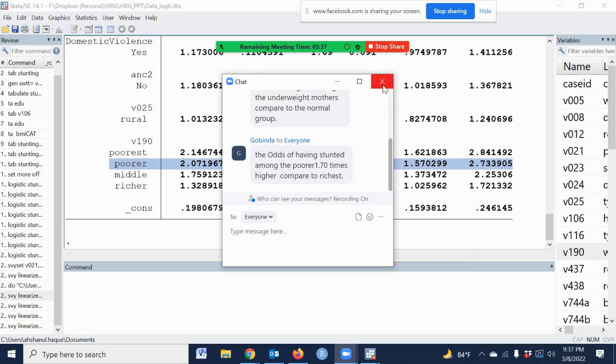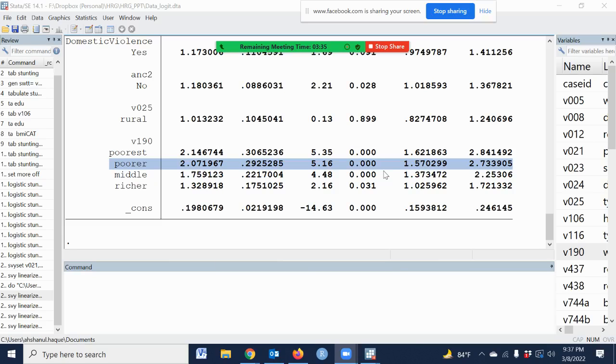We should practice more and more. Otherwise it is impossible to learn statistics as well as how to analyze logistic regression using Stata software. First, we have to practice more and more. I have shared my PowerPoint as well as the do file and data set.